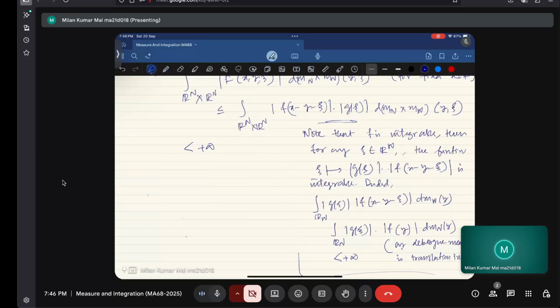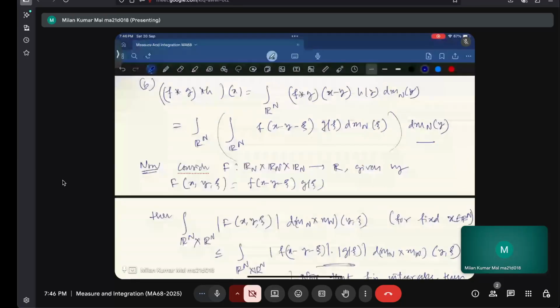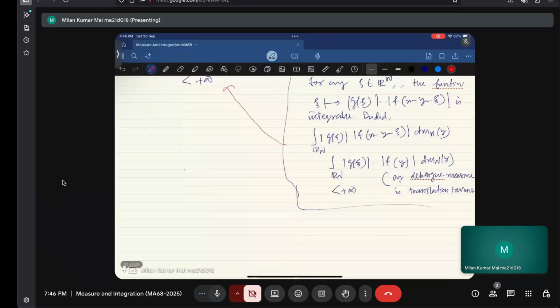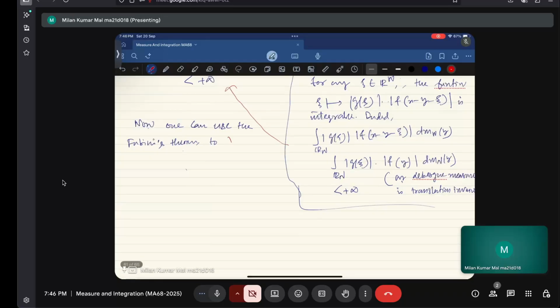Okay, let me clearly make it. Now one can use the Fubini's theorem to star, and consequently we got